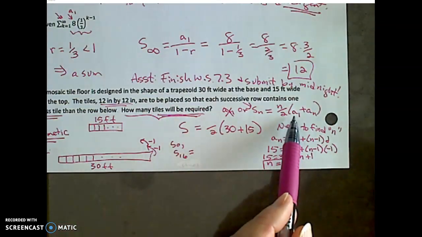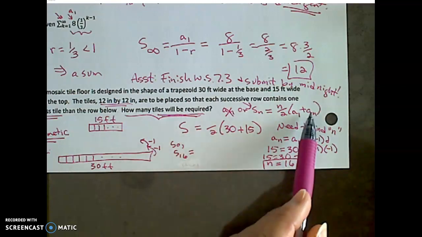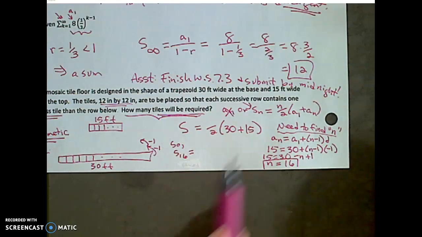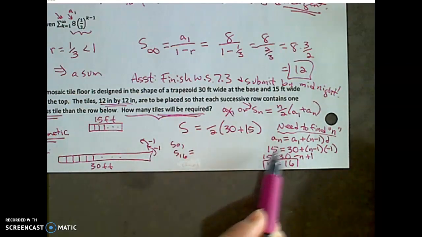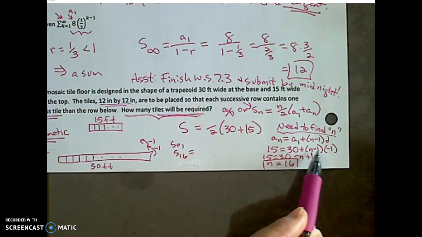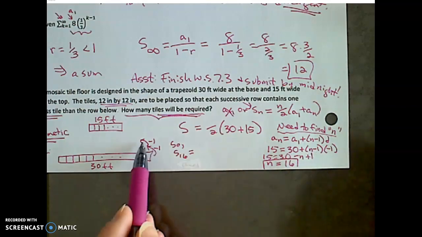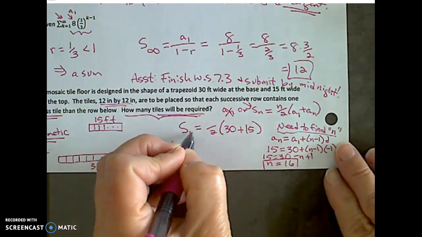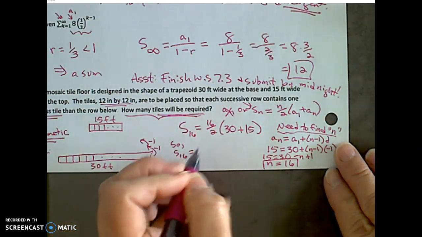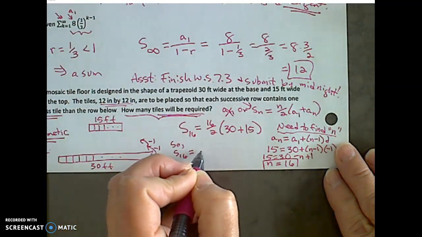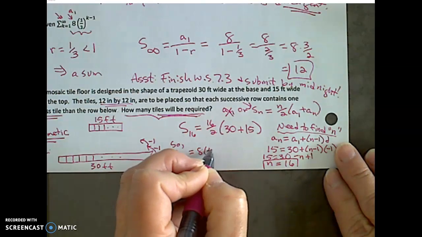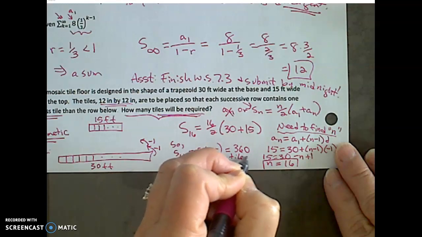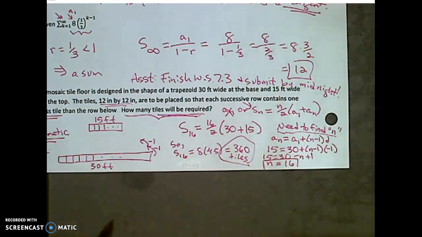Okay, if you notice, plug into the formula, I know the first term was 30, the last term was 15. I really just need to find n, the number of terms. Last term is 15, first term is 30, plus n minus 1 of those common differences, which is -1. I solve this equation for n, and I get n equals 16. So I want to find the sum of the first 16 terms, 16 rows, which is 8 times 45, and I get 360 tiles are needed. We're going to wrap up through 7-3 with some kind of quest